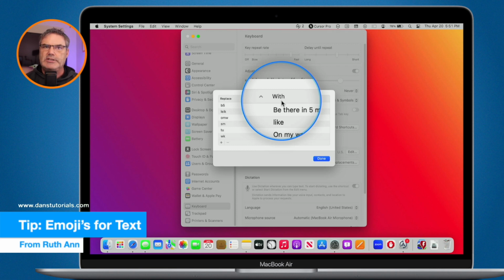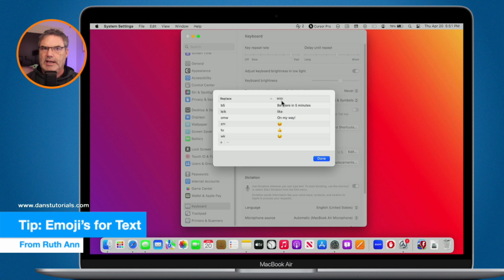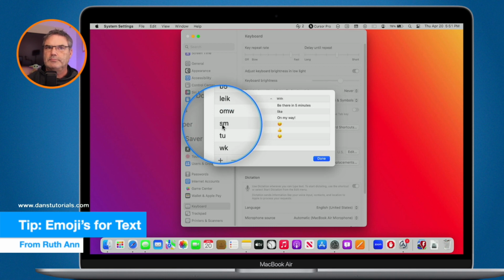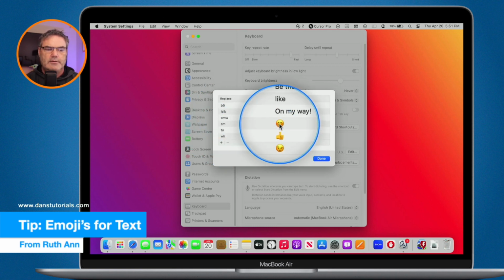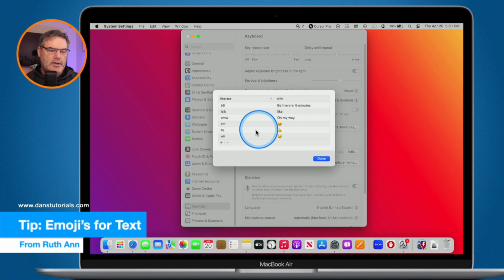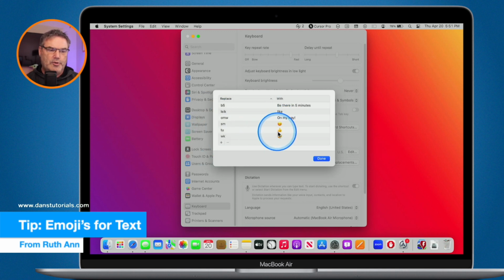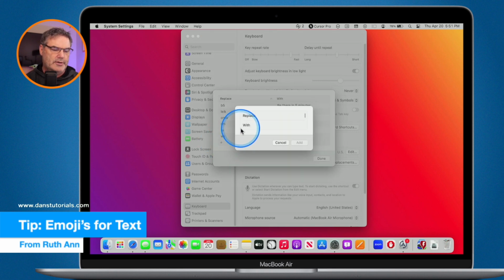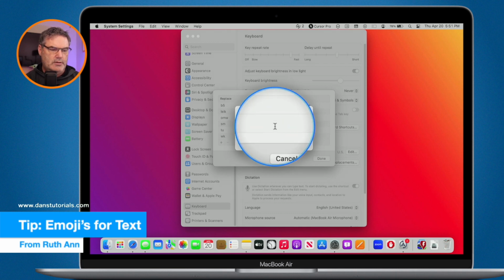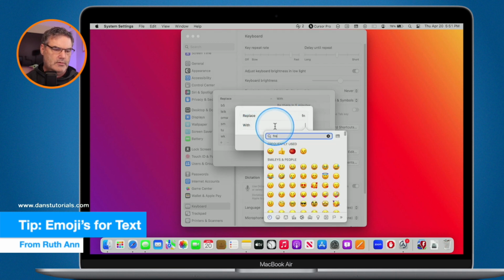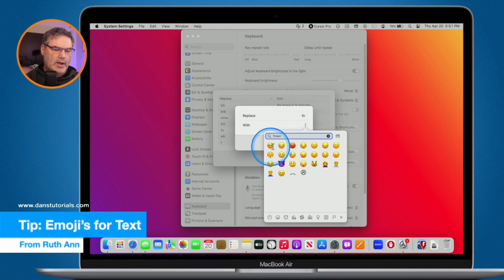I could type in DT and it'll put in there Dan's Tutorials. But on top of that, I can put in here SM and it'll put a smiley. I can put in here TU for thumbs up, and it'll put a thumbs up. So if I wanted to put a frown in here, I would go FN and replace it with a frown.